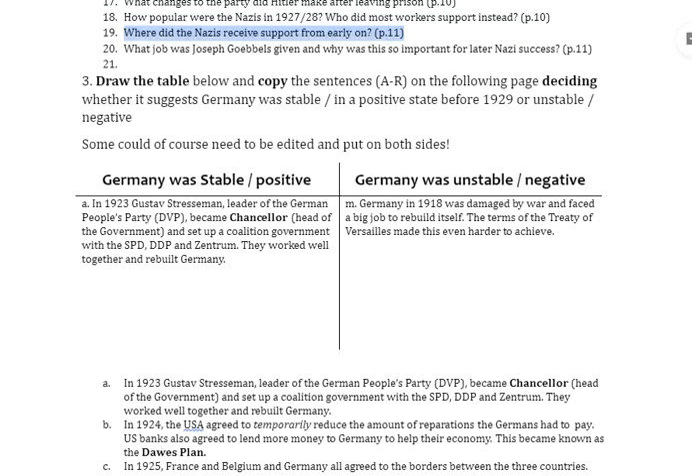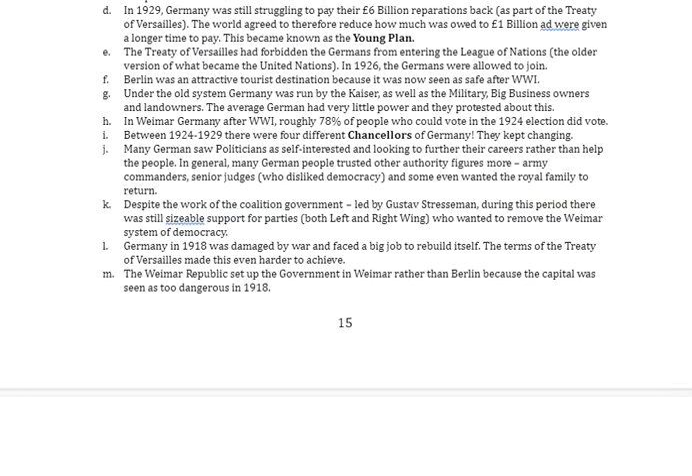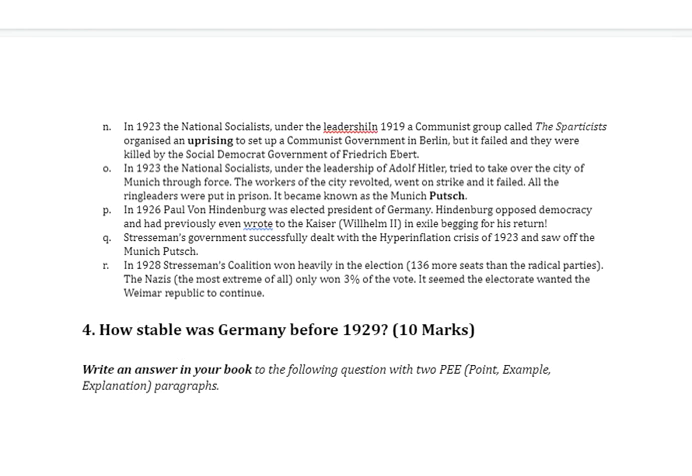Task 3, draw the table below. Again, I'm not going to go through the answers on that because I think most of them are straightforward. This question here, I'm going to do a separate video on how to do the exam question, but for now